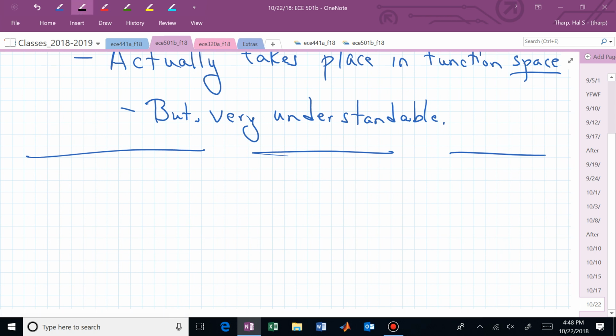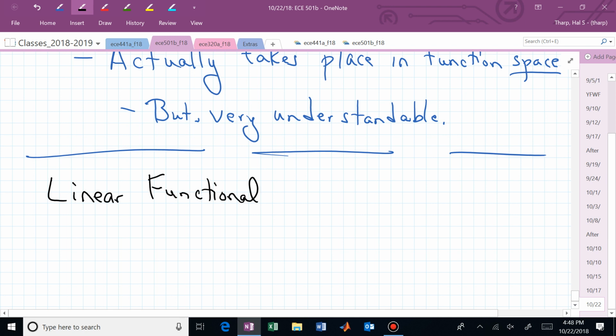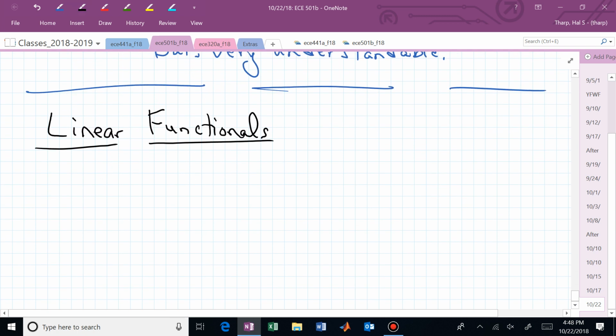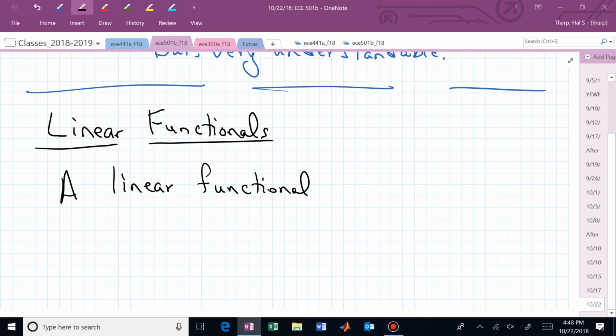So now let's look at linear functionals. We've seen those before, and we'll use inner products with these linear functionals. A linear functional on a vector space V is a linear map